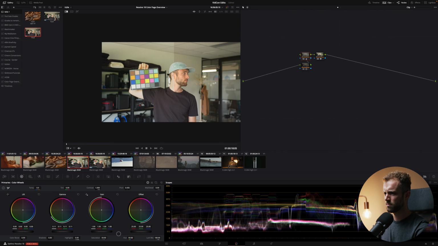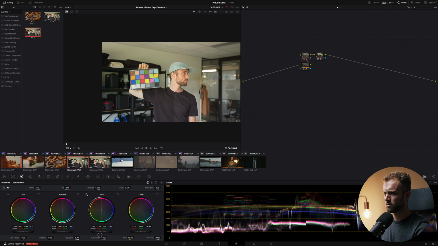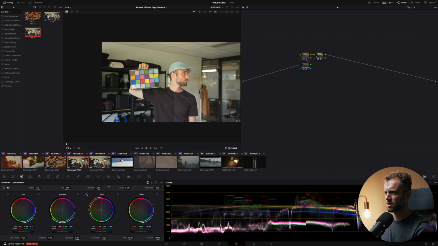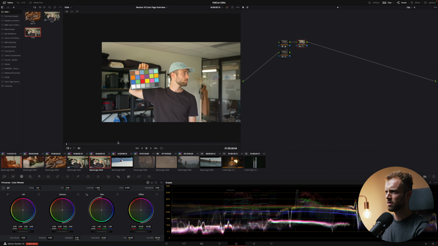Right, so it's a bit difficult maybe, because now you have to do it all manually, but kind of the same. Not entirely, but kind of. You can see that the colors on the color checker are a lot more vivid and not too over. Of course, this is just a starting ground. You can do a lot with it. You can bring it down in exposure. You can do a bunch, but it will give you a better understanding of where the colors are at.